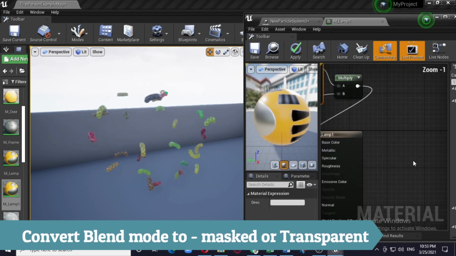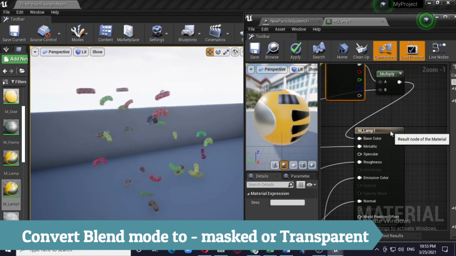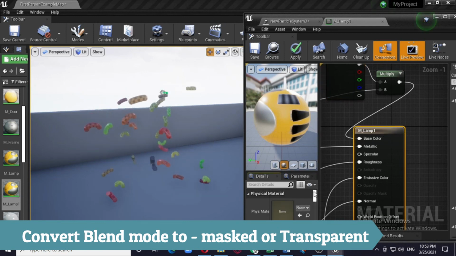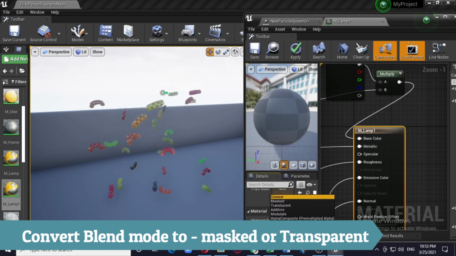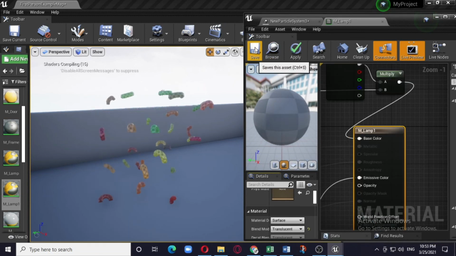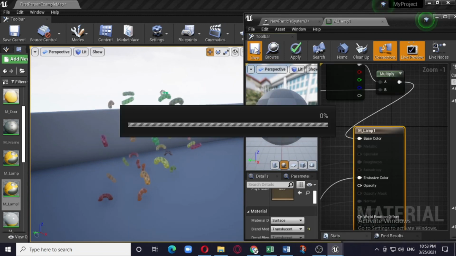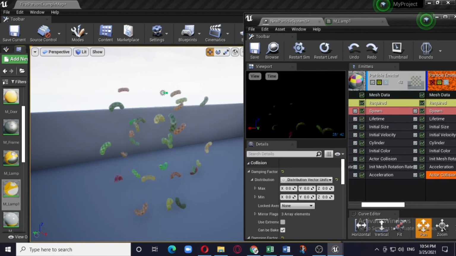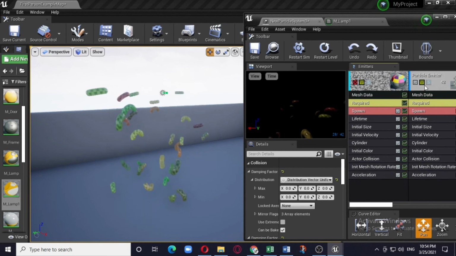Okay, so there are a couple of things which require transparency. So if it is opaque, it will not work. So always make it translucent. There are a couple of modules which we have already discussed which will not work if it is opaque. Okay, fine.